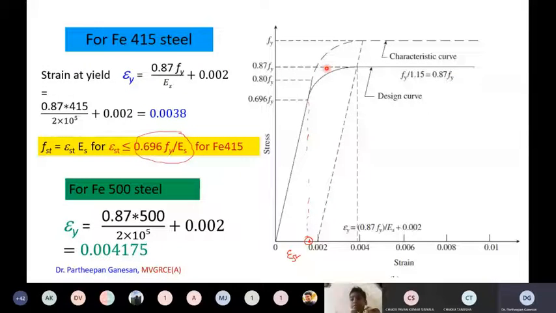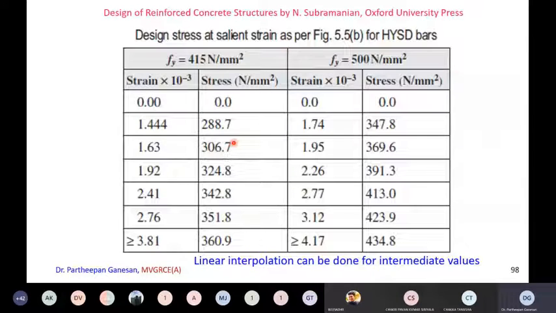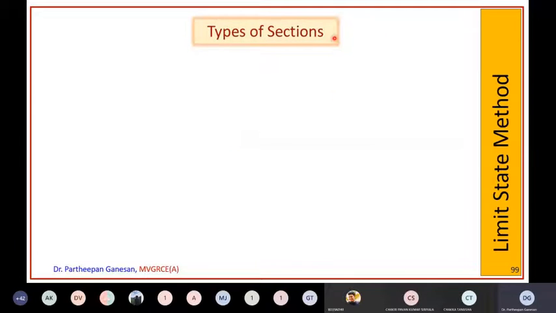Okay, so you might expect some quiz question from these two diagrams, so please pay attention to this, today's quiz. Okay. Now, that is for the stress strain curve, that is finished almost.